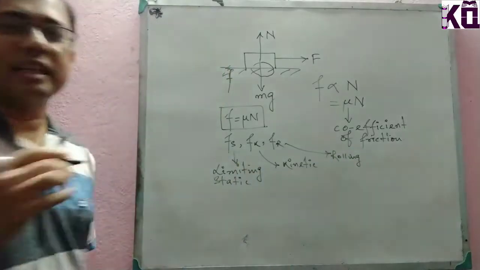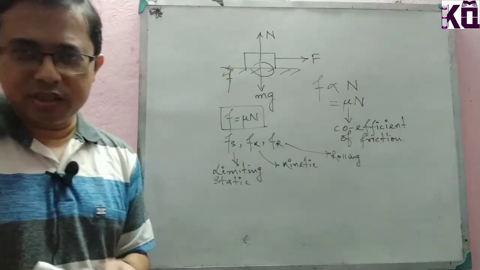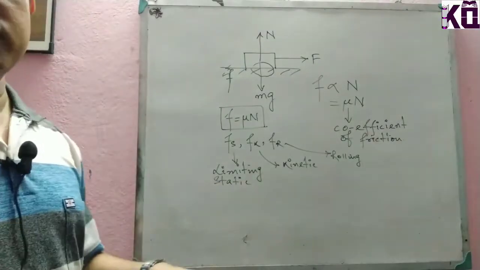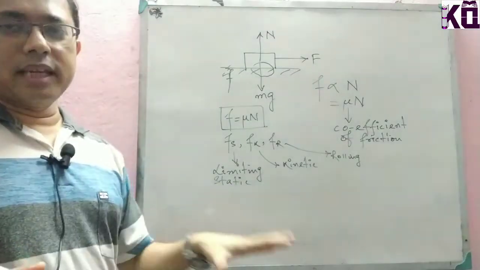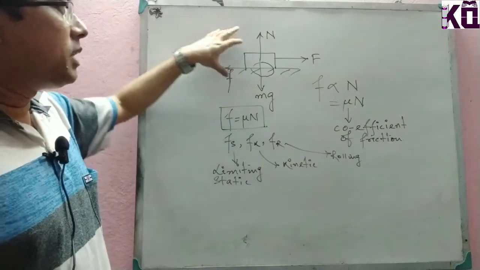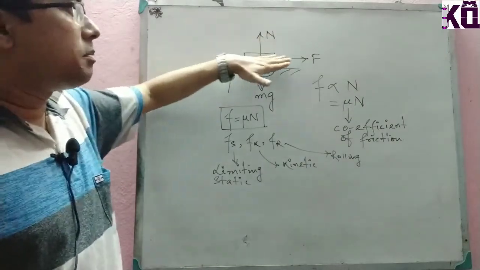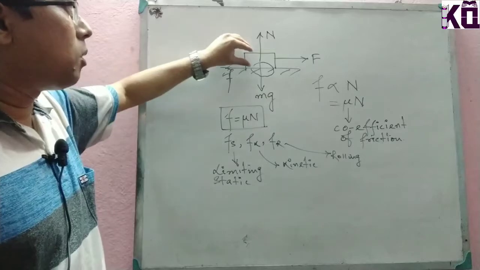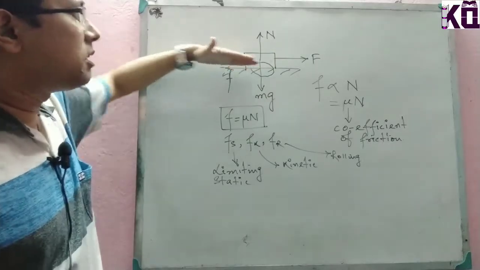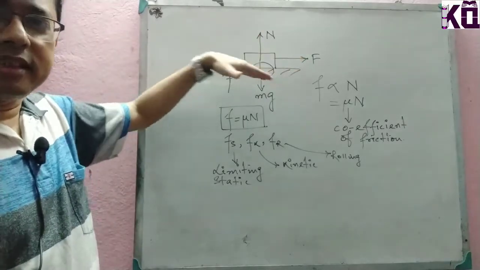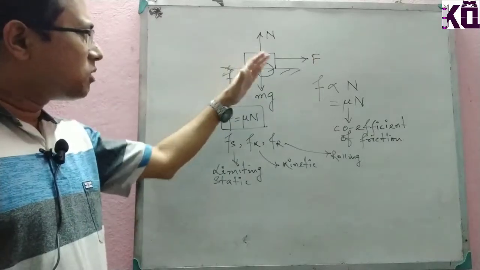Rolling friction. These are the three kinds of friction in general that we can get. What happens when there is sliding? When we are applying this force, what happens? This particular object slides on this particular plane. That is the case; there is sliding. So in case of sliding,